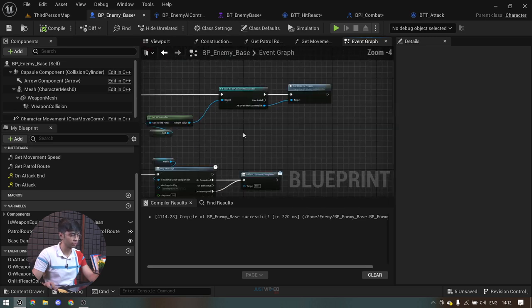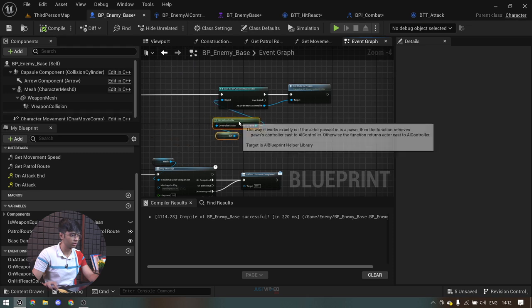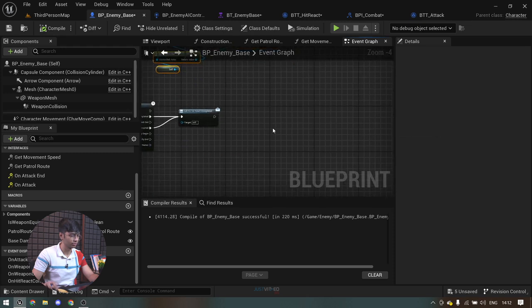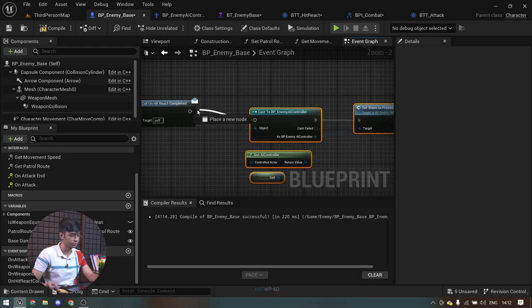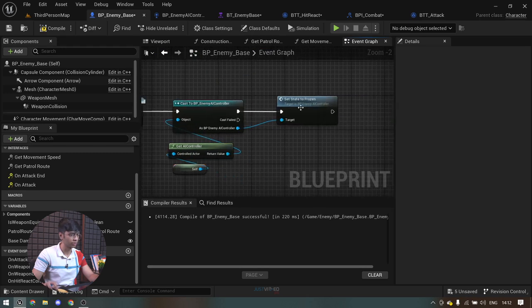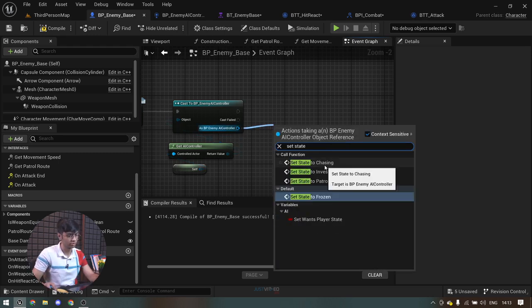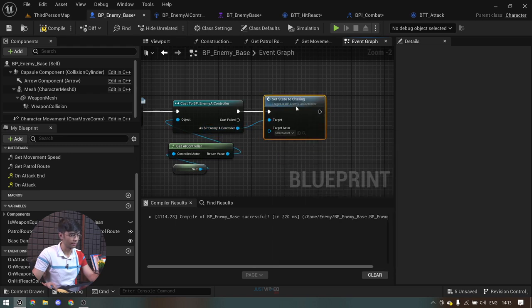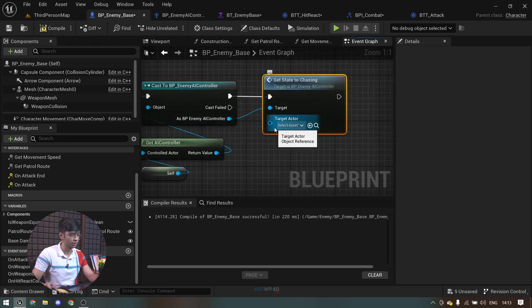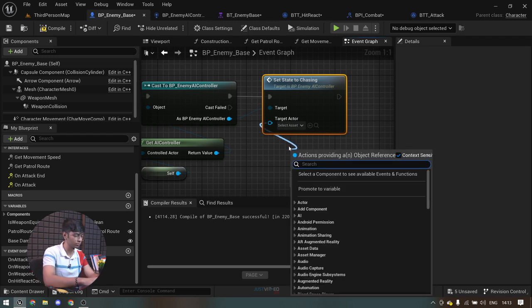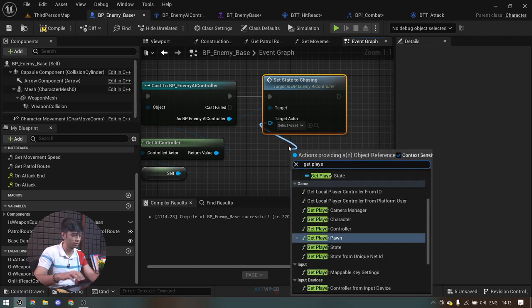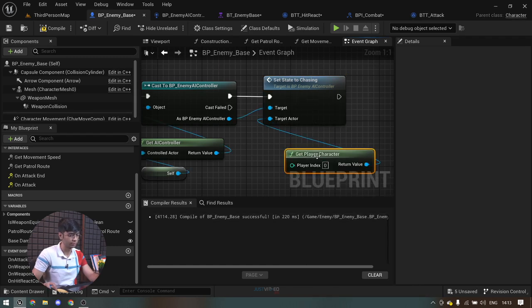So I'm just going to do this, whatever I did here, and instead of setting state to frozen, I'm going to set state to chasing, and our attack target will be the player itself, get player character. So yeah,